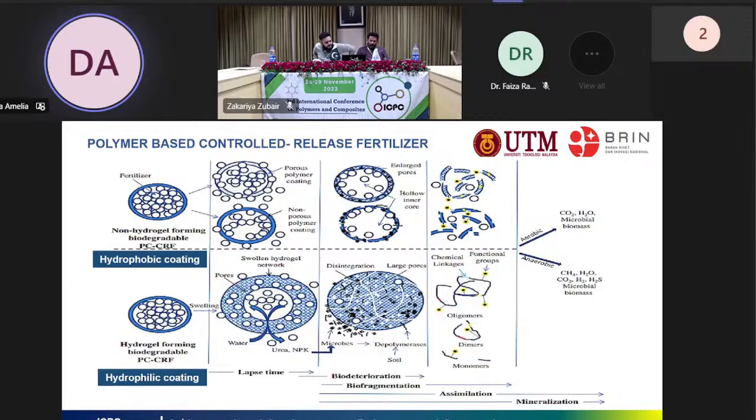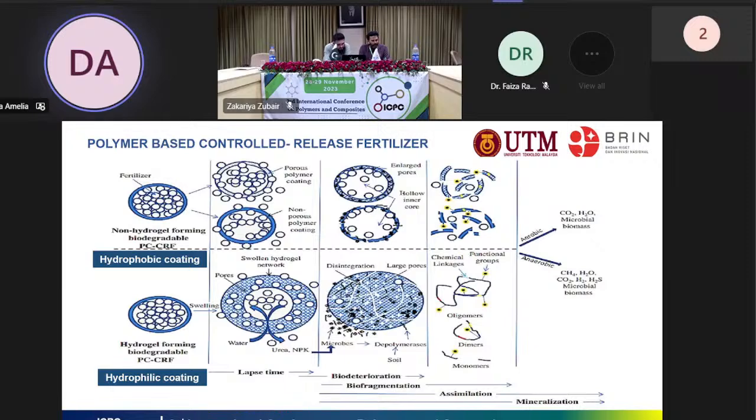After nutrient release, the coatings are left behind in the soil with a low concentration of nutrient due to the difference in the concentration gradient, and they are released through biochemical disintegration. Erosion events such as changes in pH, water exposure, and photooxidation can increase the susceptibility of the polymer surface to microbial attack. The biodegradation of biodegradable polymer occurs in three steps: the first is biodeterioration, then biofragmentation, and assimilation.